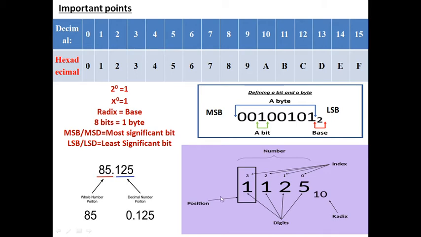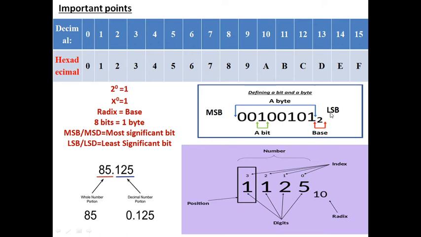Okay, now these are some of the things which you should know. I have written here there are 8 bits. It's a binary number. 8 bits consist of 1 byte, so I have written a byte here. Now below here I have written a small number 2. What does it mean? It is the base of this number. You know that this number is a binary number, so the binary number base is 2.